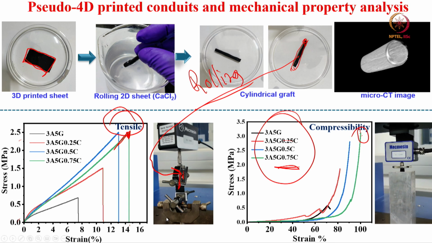So, I hope in this particular case study I have shown you significant results in terms of the alginate gelatin based hydrogel scaffolds, how different structures can be built, what the different properties are, and how the different properties can be modulated and significantly enhanced with this nanocellulose particle addition. Thank you.